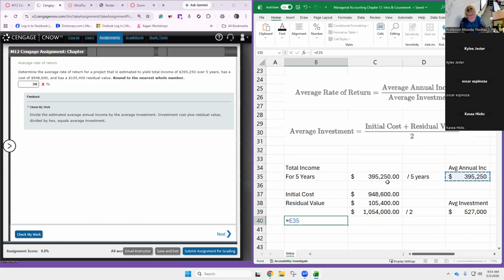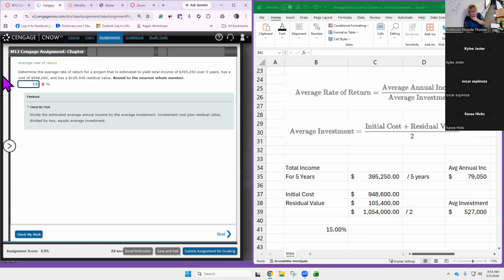Okay, so I got to go back to the 5. So that was correct. I figured as much. So there we are. And then the annual income divided by that investment is going to give, I got 15%. Okay. 15%. And that makes sense because I didn't divide by 2 a little bit ago and it was 7.5. So now let me put this in here and give it a try.